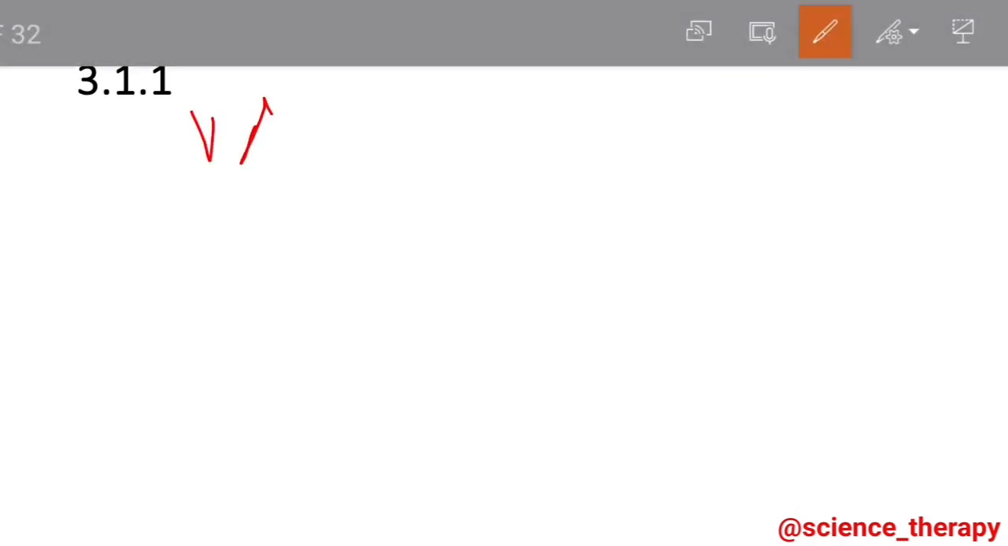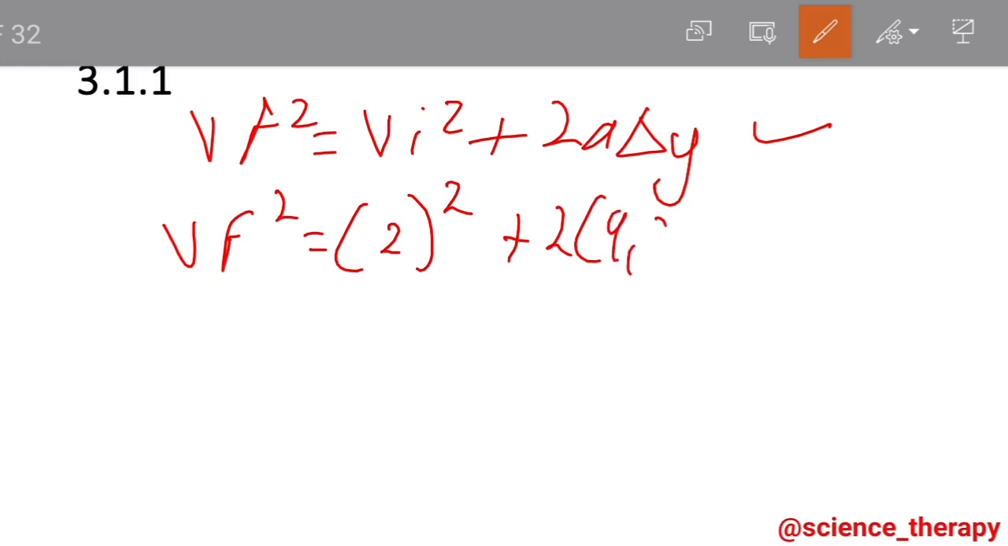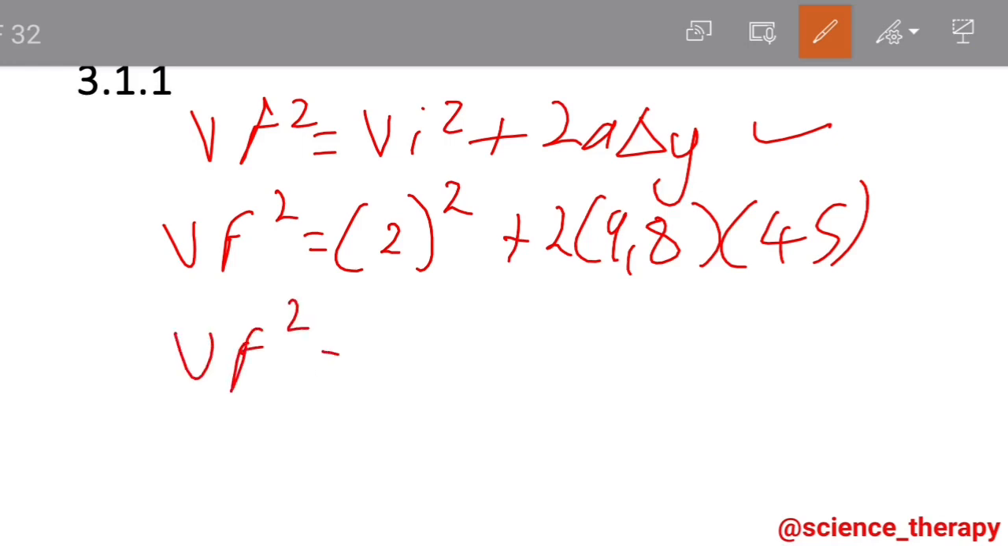So let's go now. Remember, with a 3-mark question, it's only a matter of choosing the correct formula and substituting into the correct formula and get that mark. So, VF squared we don't have, but our VI is 2, and then square that, then 2 times A, which is 9.8, and then delta Y is 45. Now if you punch all that in your calculator, it gives you